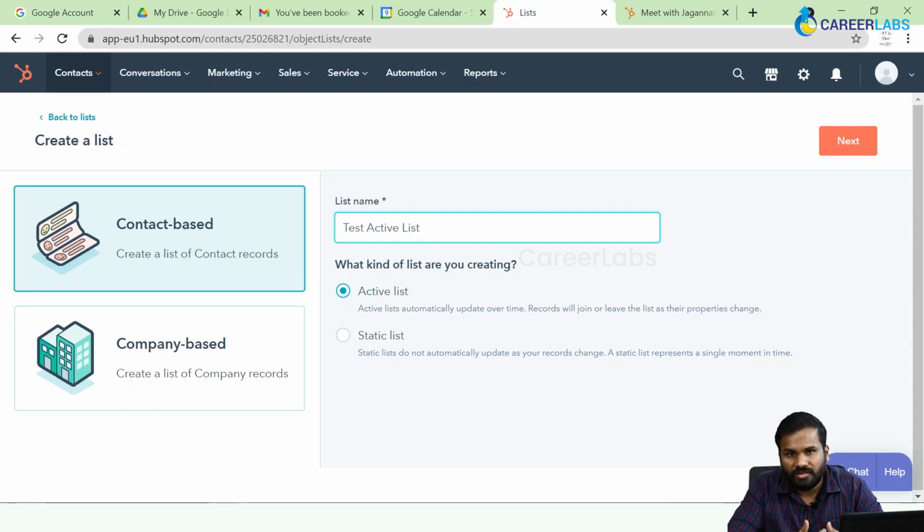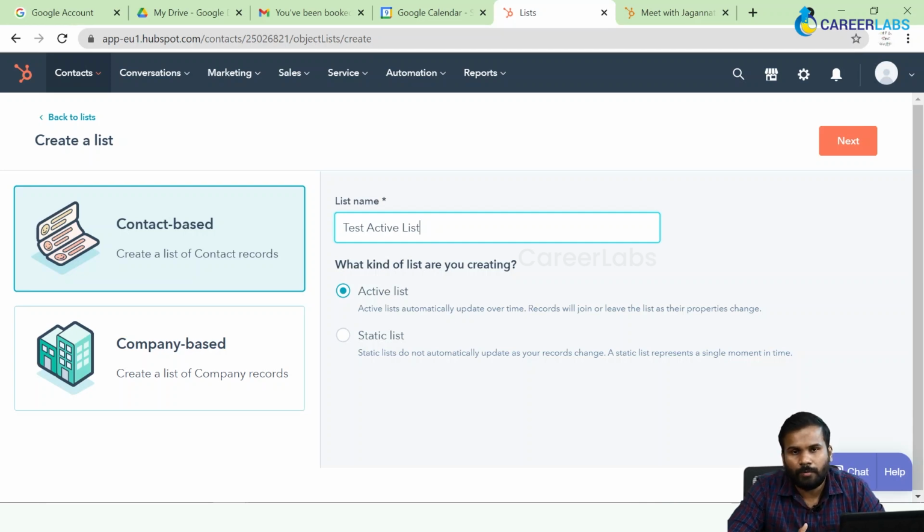And what that condition is, is something that I can define. So let's say that I want to have an active list wherein I want to know all those contacts who I haven't spoken to for more than 2 weeks now. Then I will set up an active list where I set a condition that you add a contact to this list only if I have not spoken or if I have not done any form of activity with that contact for the last 2 weeks.